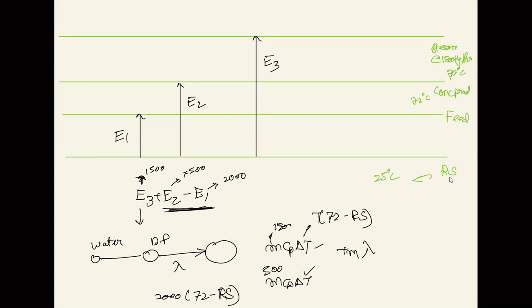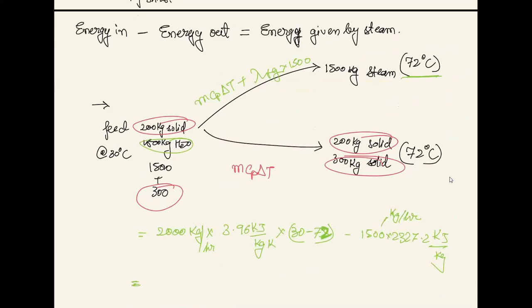So do whatever you want, it's fine. Take a random reference state; instead of 25 degrees Celsius, take it as 0. Ideally, whatever you are doing, the answer will come out to be the same. So instead I said let me take this itself as the reference state. I make this the reference state. So what happened is, I have to directly do this plus this, and I took that out like this. And this plus m lambda of the steam at 105 degrees Celsius has to be 0, correct.